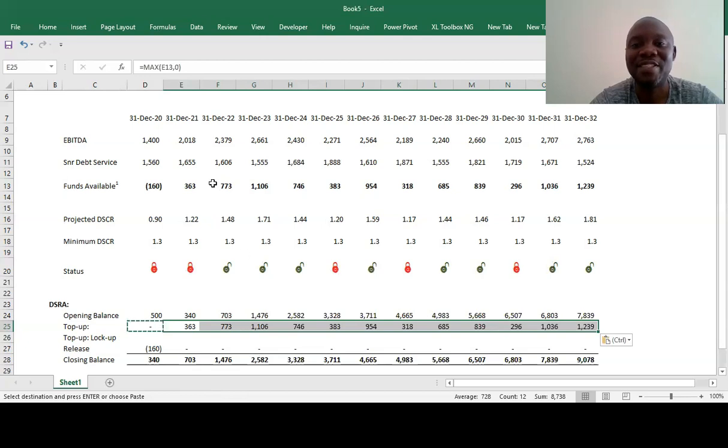So here it is assuming that all these funds will go into the debt service reserve account. Logic says no, because you have to pay the junior lenders and you also have to pay the equity providers, who are your shareholders. So that cannot happen.